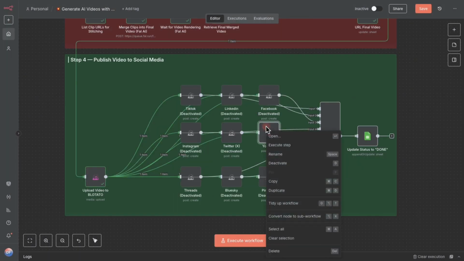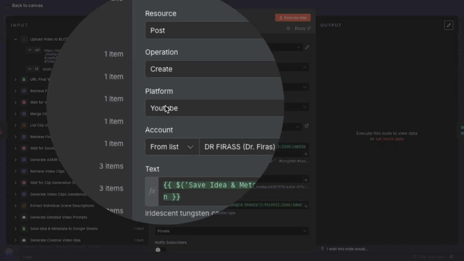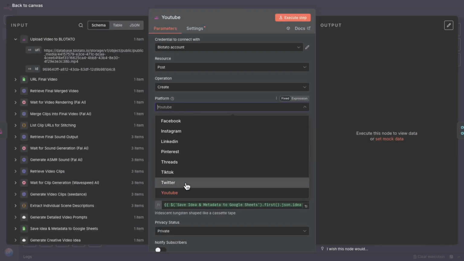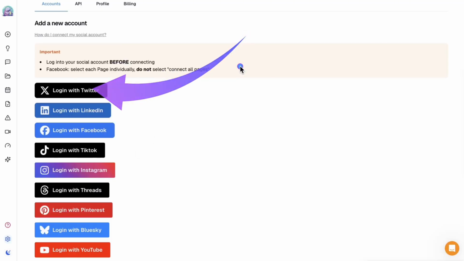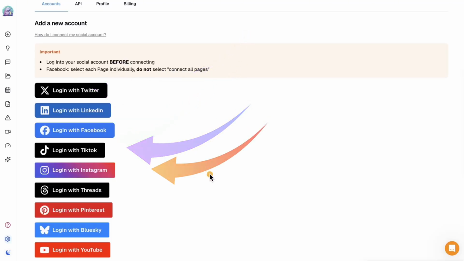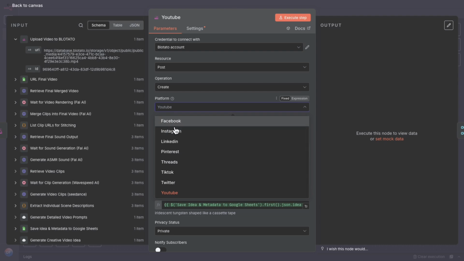Next, when I perform an action, which is to post here, I request to post. You just need to choose your platform here. Of course, all these platforms need to already be connected here. That's why it's very important to start by connecting the networks. Once you give Blotato permission to post on these networks, you'll see that as soon as you select a network,